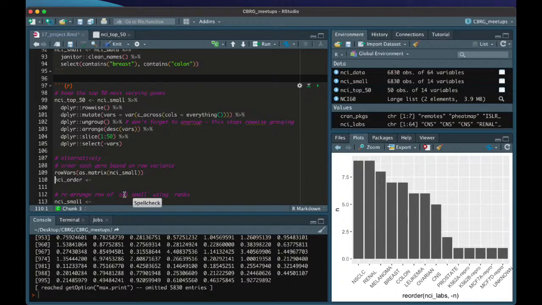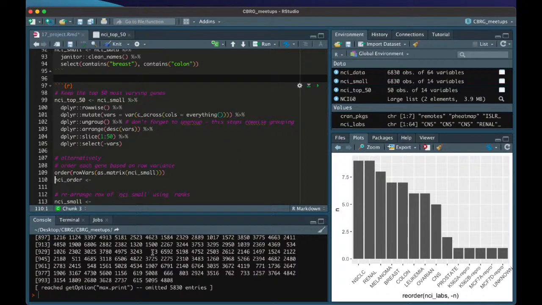How do we use this to get the top 50 most highly varying genes? One step is to, so actually before I get to this, what we can do is we can use this other function called order. And if we run this, we now get, and this is a little bit difficult to explain, but these are the indices of the